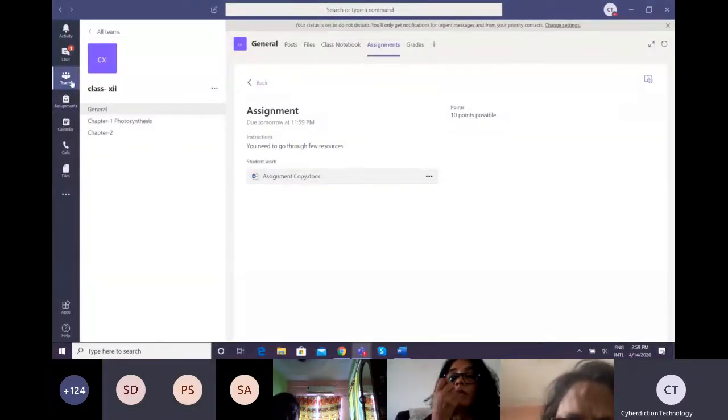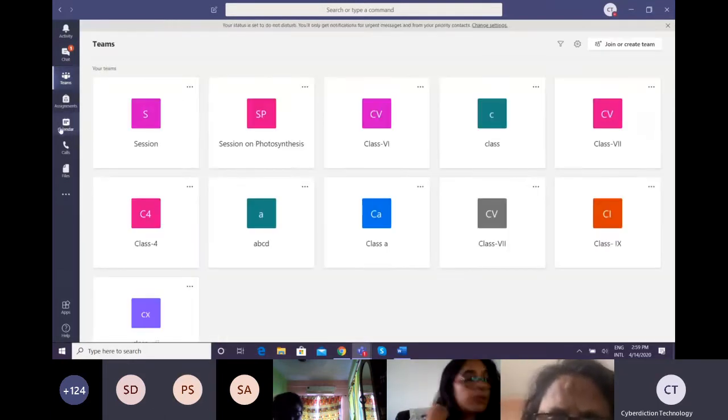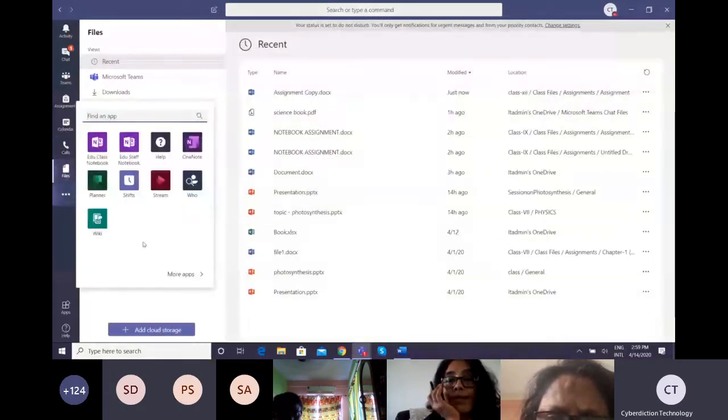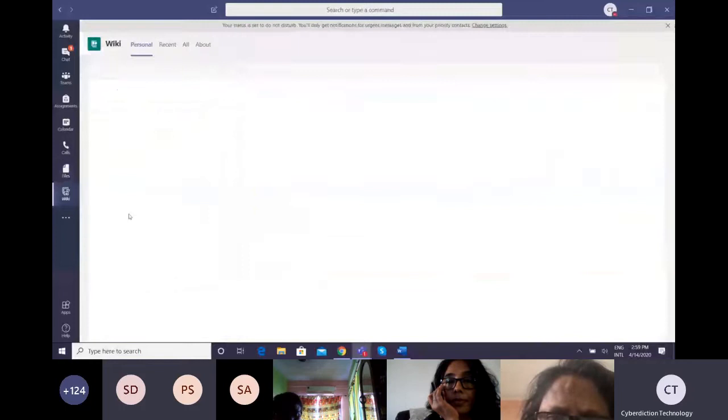So far we have discussed the chatting window, Teams, assignments, calendar, calls, files, and if you want to open any app like Wikipedia, within Teams itself you can open Wikipedia. You need not go anywhere else.